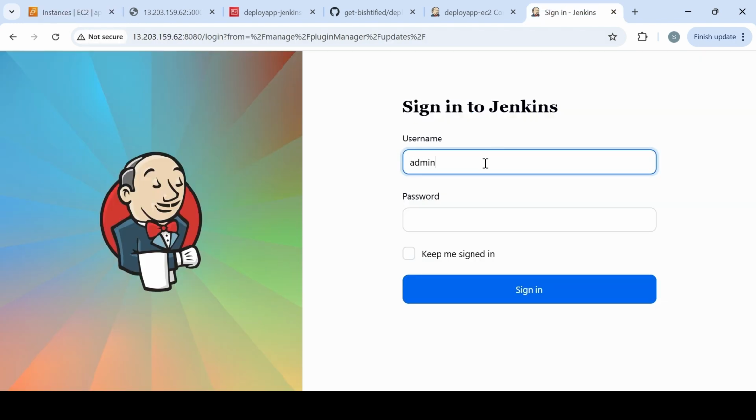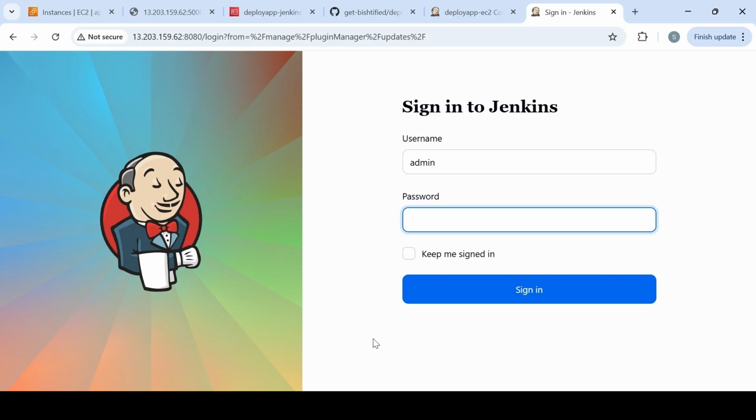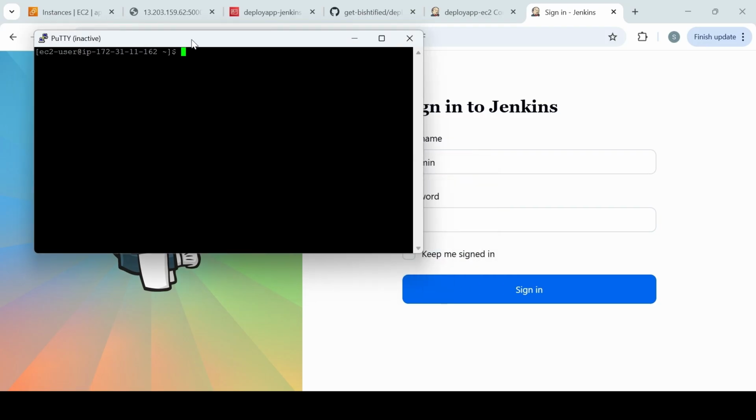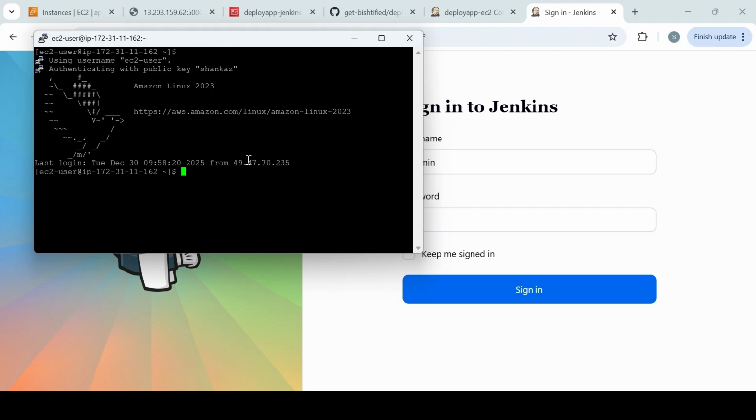So I'll say admin, and the credential would be, the password would be the first one that I have retrieved. Let me see if this is the same session. That's the same one,